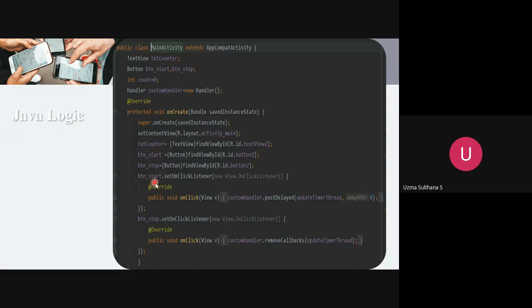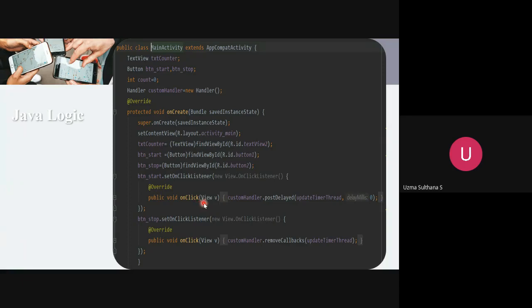For that, I am going to use setOnClickListener. So once I click on the start button, that is the setOnClickListener method. This is an asynchronous method. See here, we have a semicolon here. So here we are opening the small brace, and here we are closing, and we are giving a semicolon here. So it is a method, and inside this method we are defining one more method called the onClick method, which the OnClickListener already gives you. The IDE is going to provide this. So in this onClick method, what action needs to be performed?